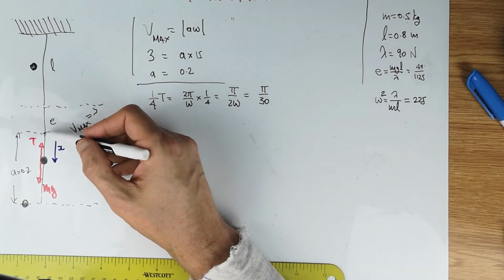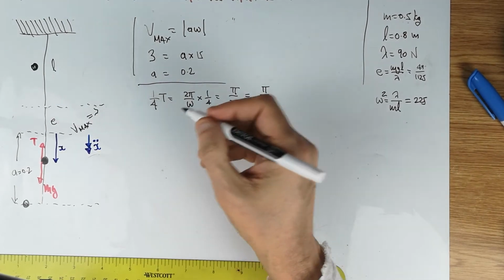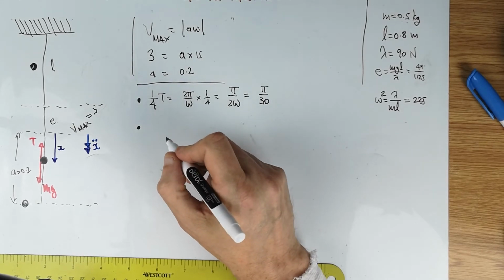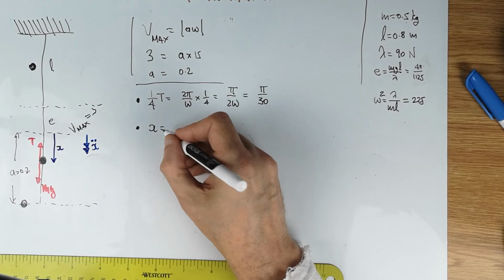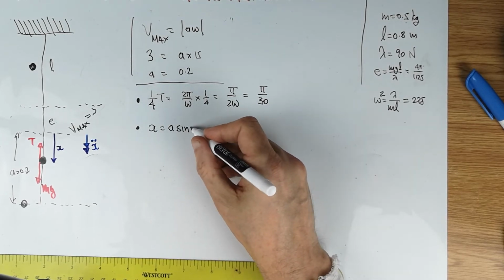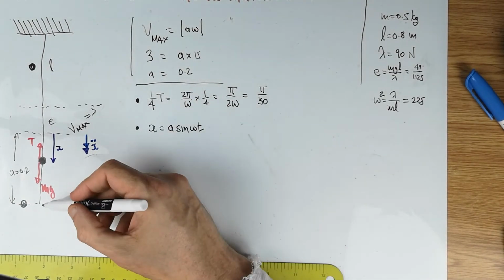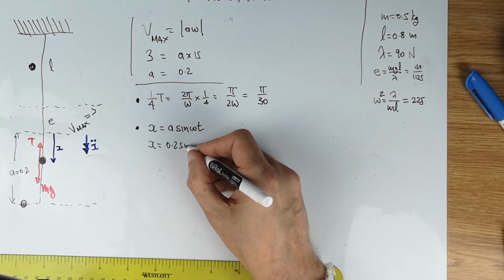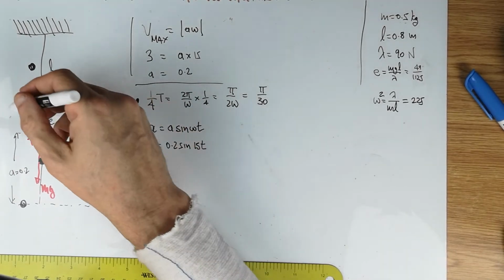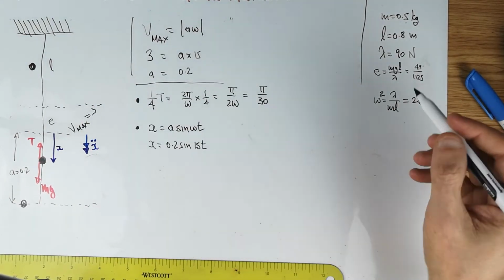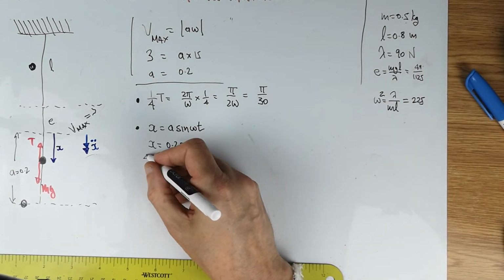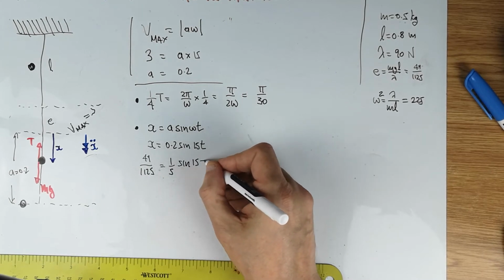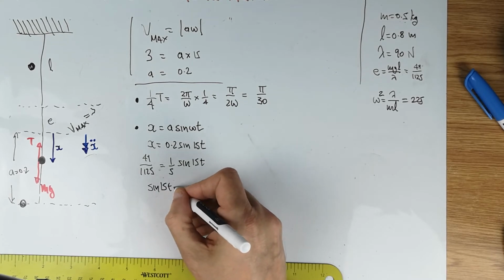Then I need to know how long it takes to move from there to there. If I set the standard SHM equation where the time is measured from the center of the oscillation, these are standard formulas: x is equal to amplitude, if I measure from the center, sine omega t. If I was measuring from the end, it is cos omega t. So in this case, that is 0.2 sine of 15t. And this position here is a displacement of e. And the displacement of e is this disgusting number, 49 over 1225, is 1/5 sine 15t. The sine of 15t is equal to,